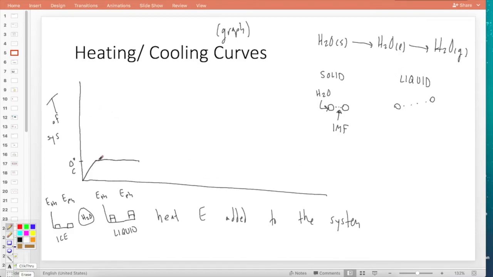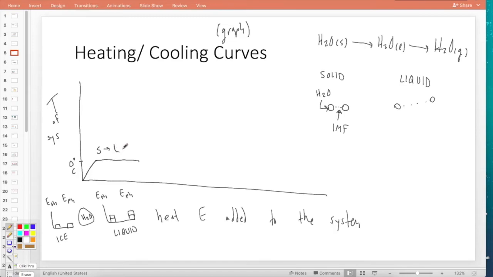So on my graph, as I'm adding energy here, the energy is not going to increase the thermal energy of the system to speed up these particles. Rather, the energy is going in to tear them apart, to loosen and weaken the intermolecular forces. So this would represent a phase change. This is where I'm going from a solid